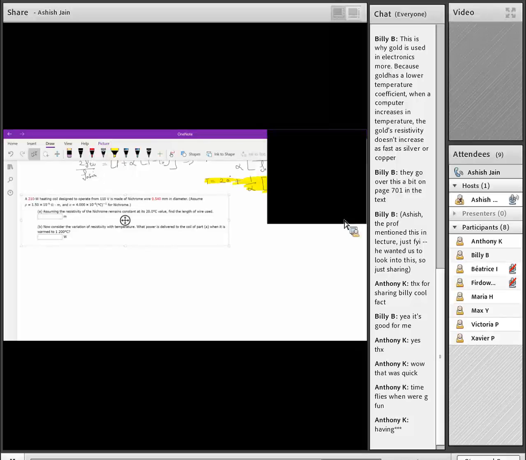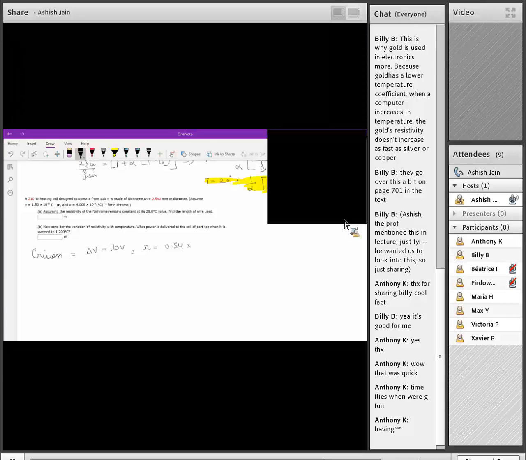Okay. The question says, let me increase the size. A 210 watt heating coil, again a real life based question, designed to operate at 110 volts, is made of nichrome wire. That is very rare to find though. So we're given, that's what you always do, right? Given